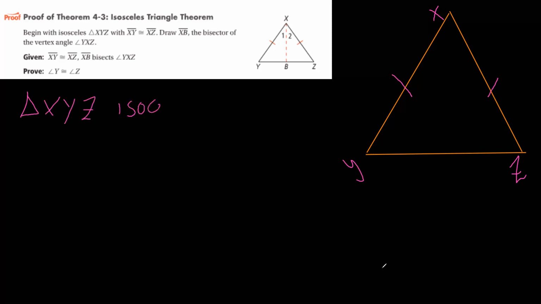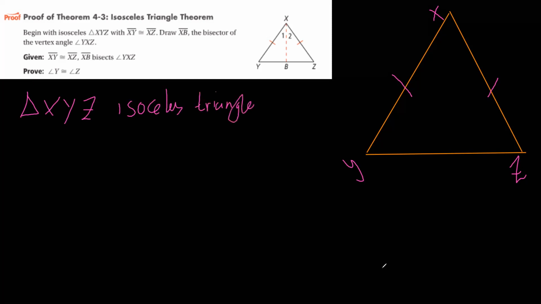So let's name this one as X, Y, and Z. Now, begins with an isosceles. This triangle is an isosceles. It has XY congruent with ZX. So, since the triangle XYZ is an isosceles triangle,